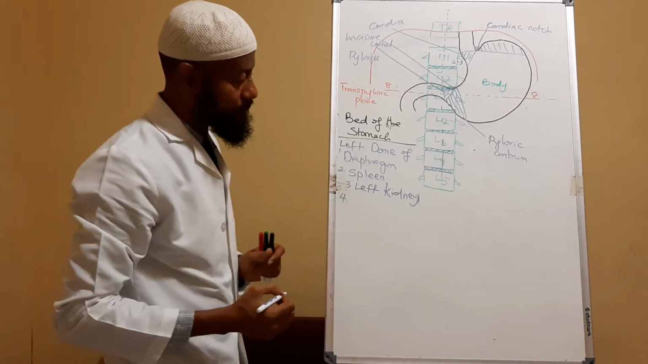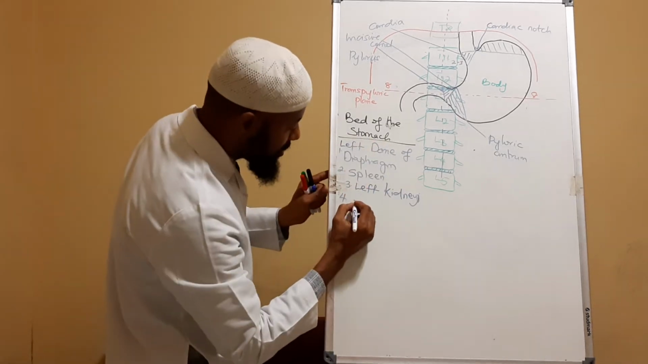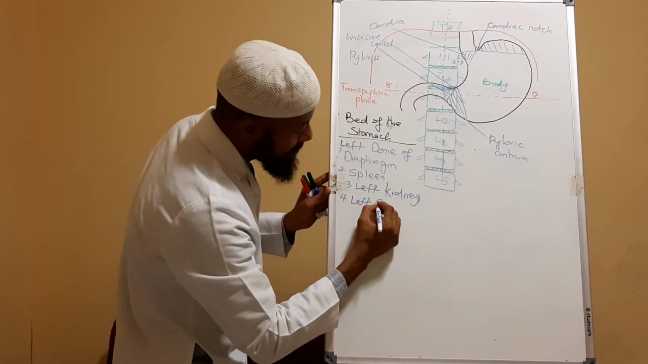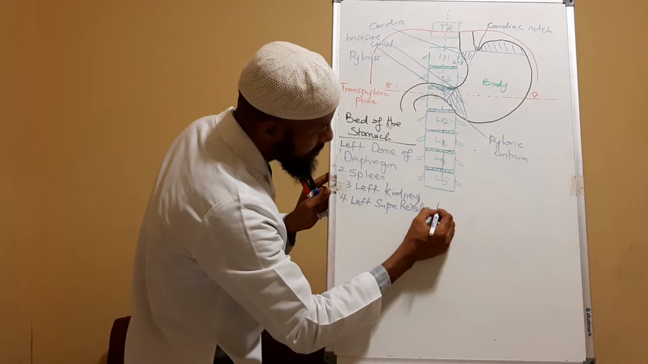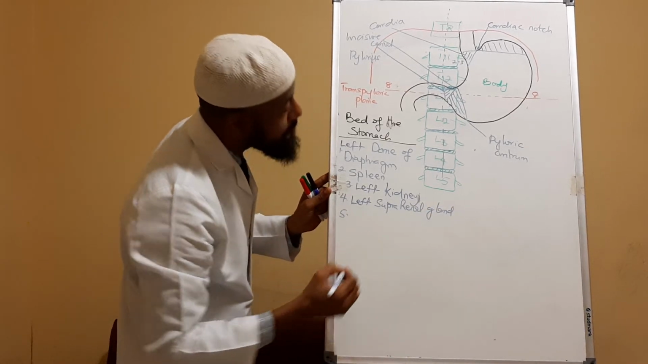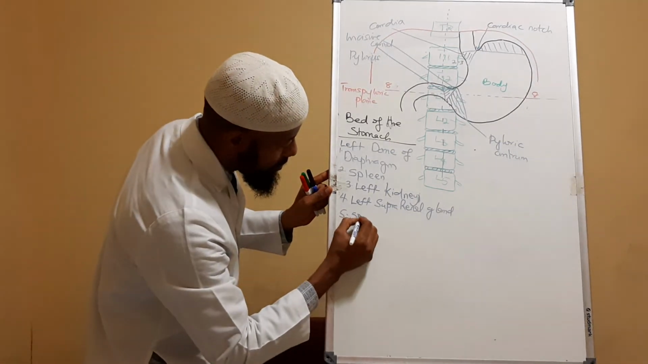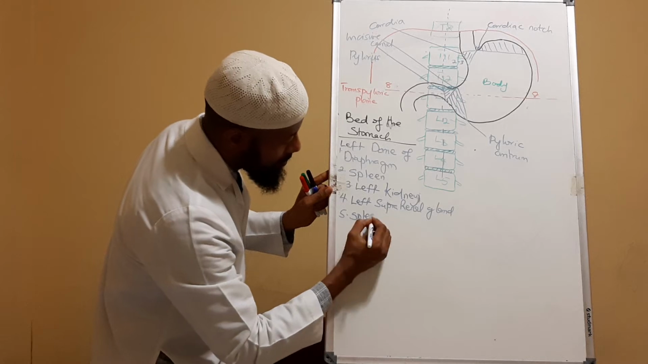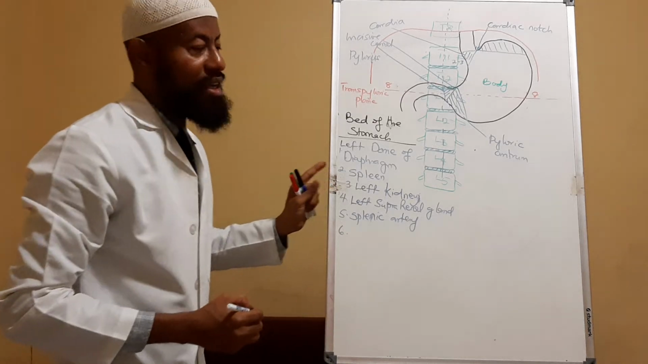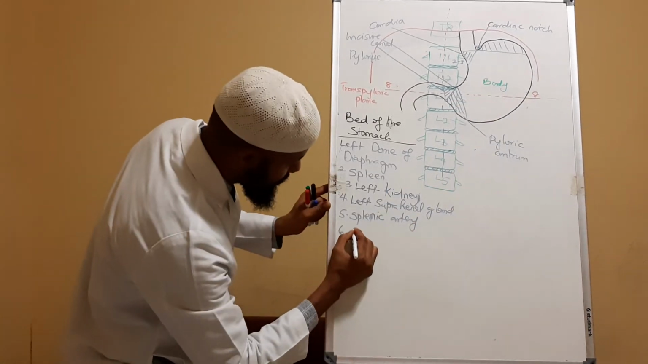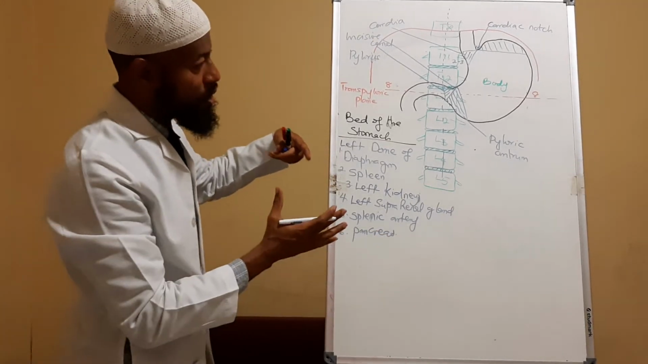Number 4 is the left suprarenal gland. Number 5 is the splenic artery. Number 6, there will be the pancreas. So these are structures upon which the